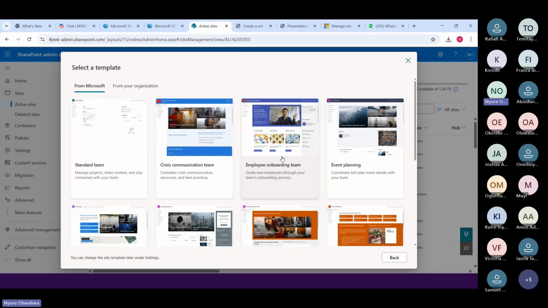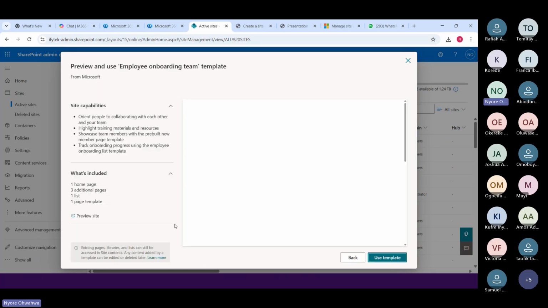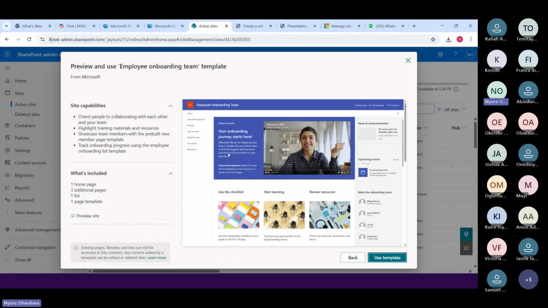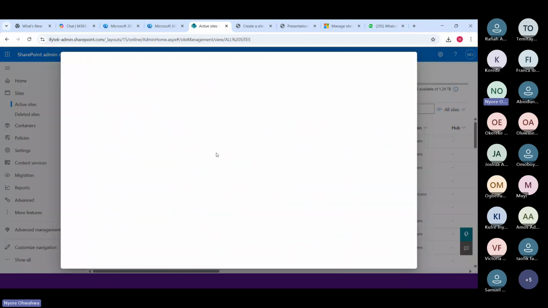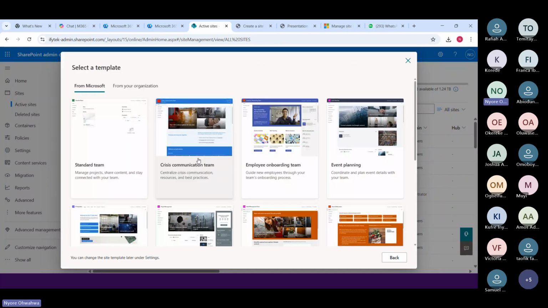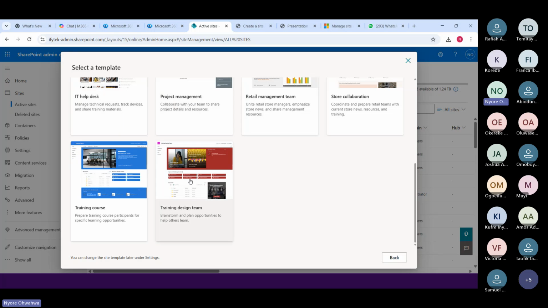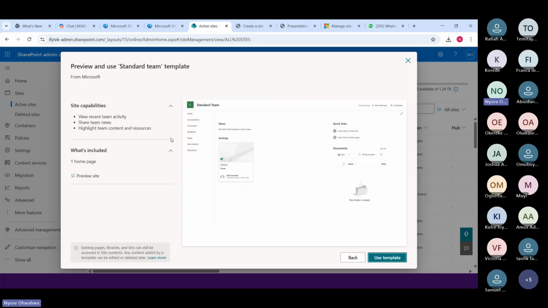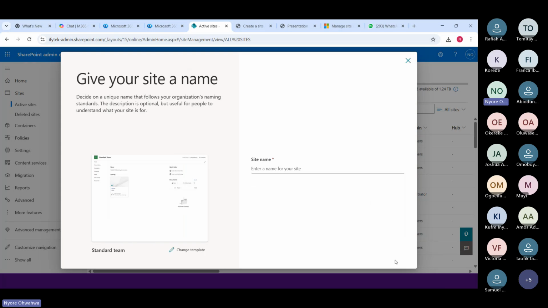You have a template already created for you and then you just edit it, which makes work easier, right? So we have crisis communication team, employee onboarding, event planning, IT help desk, project management, you name it. We just go ahead to create a standard team site and go ahead from there.